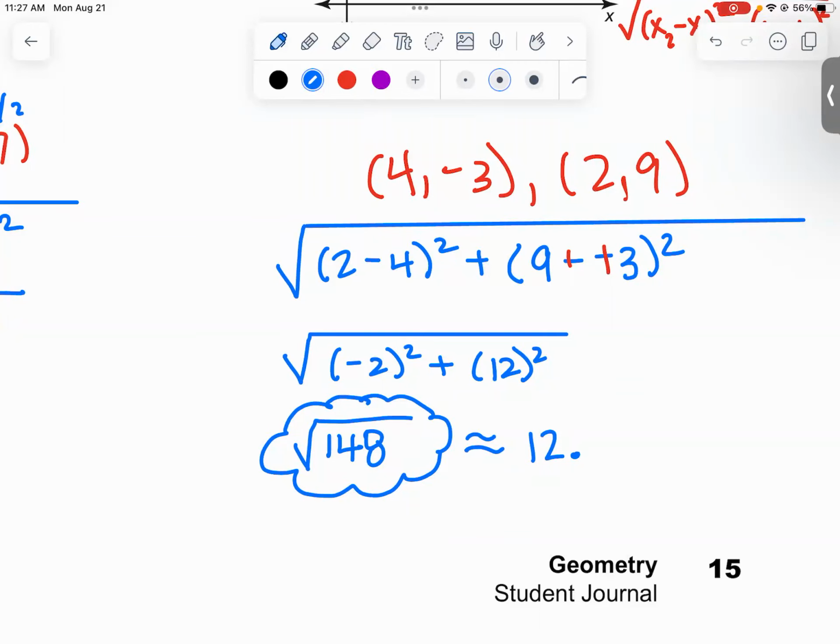Oh, let me see. You need to do the square root symbol first. So do second and then that and then 148. Yes. So 12.2. Those of you keeping track. All right. So this is what I want